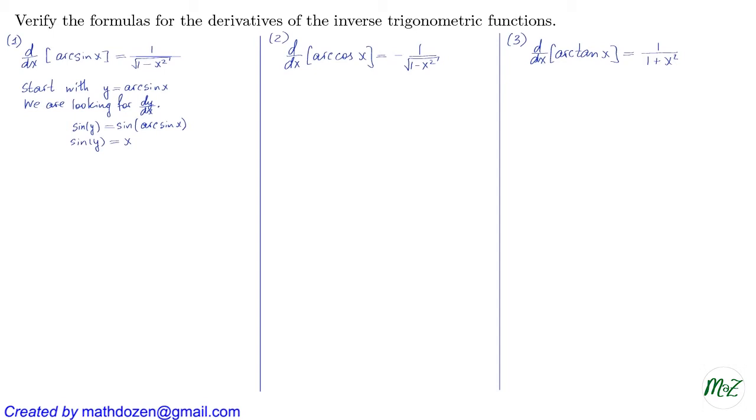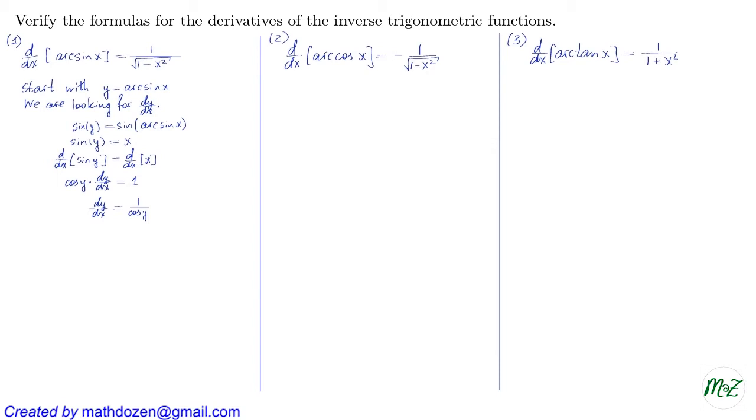So now this form of the equation we can take the derivative of. We do implicit differentiation with respect to x of both sides. So we have the derivative of sine y equals the derivative of x. The derivative of sine y is going to be cosine y times dy dx. All of that is equal to 1. That's what the derivative of x is. So if we divide out and solve for dy over dx, we get that dy over dx is equal to